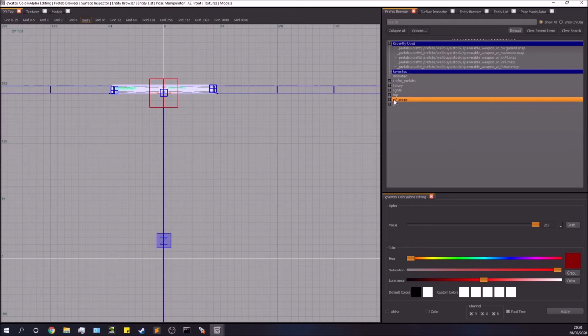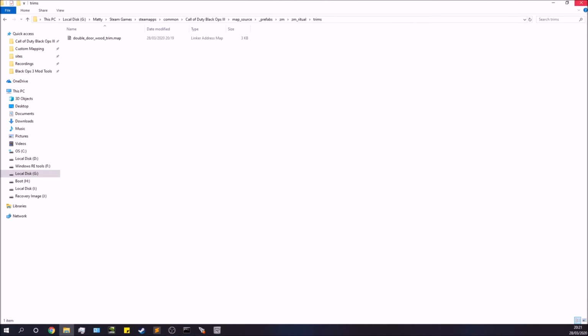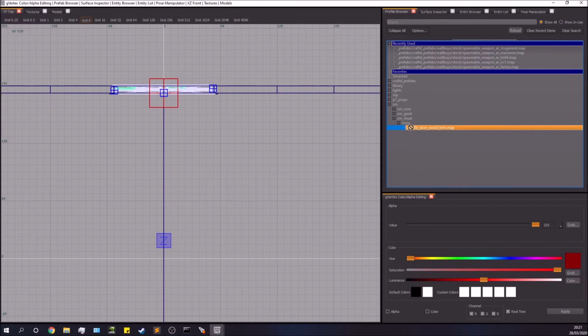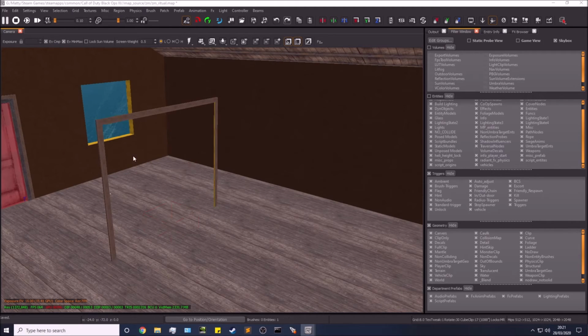So I'm going to go into here. Now this starts at map source prefabs. So we're going to go into ZM. Actually, I need to just click the reload button to refresh it. We go to ZM, go into ritual, trims, and there we have our prefab, which was within our files. Then you can left click and drag that into the map,